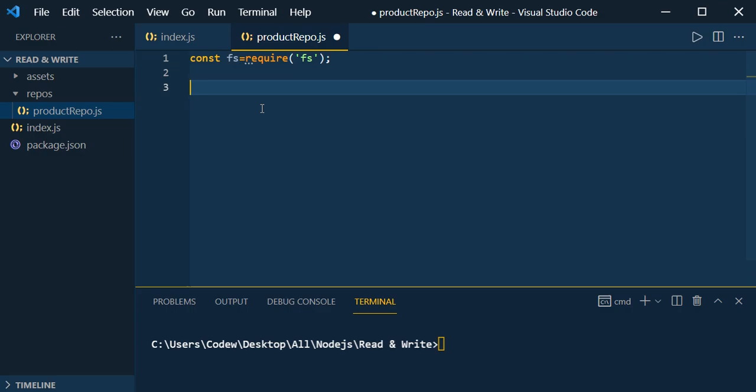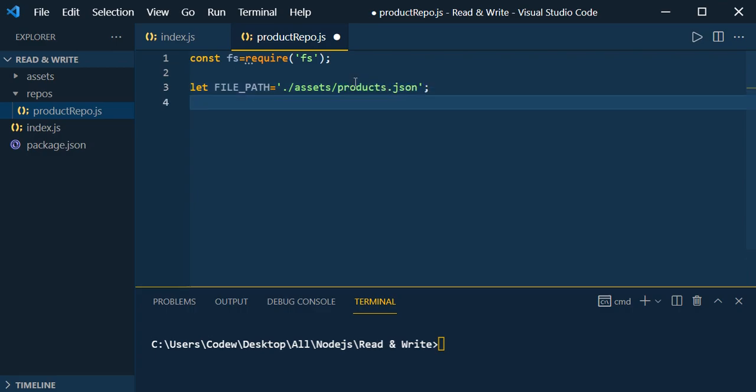We should have the file path to read or write the content. So let file underscore path. This is the naming convention that we should use. In single quotes, dot slash, I'm going to use the relative path, the assets folder name, and then under assets we have products.json.